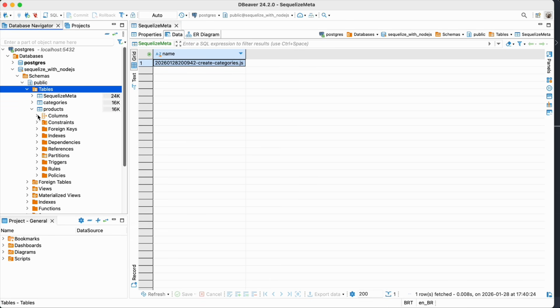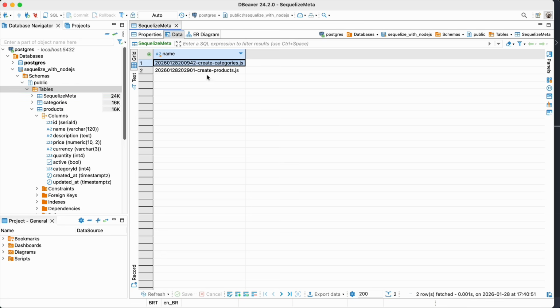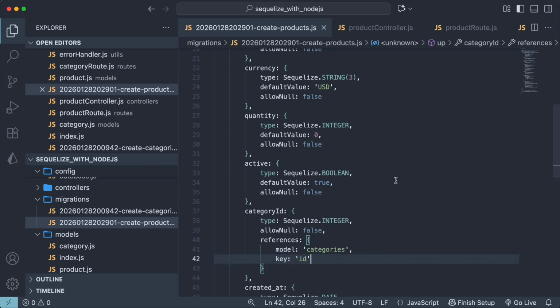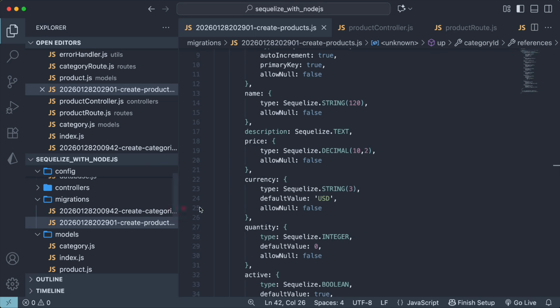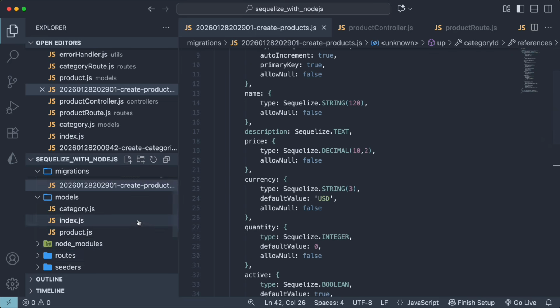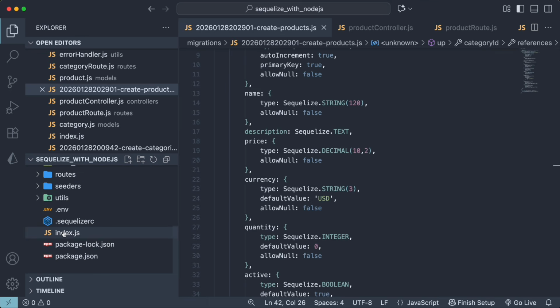Perfect, all good again. And on the Sequelize meta table as well. Awesome, so we completed our migrations using Sequelize CLI. And before we test our API to make sure everything's working, let's make a change here on the index.js file,